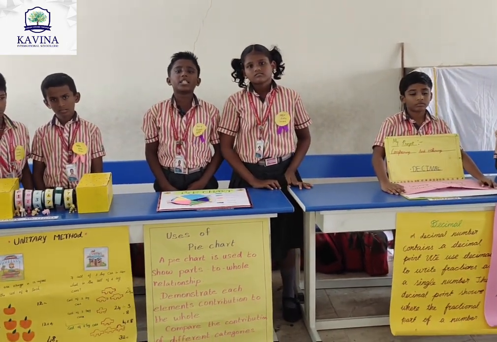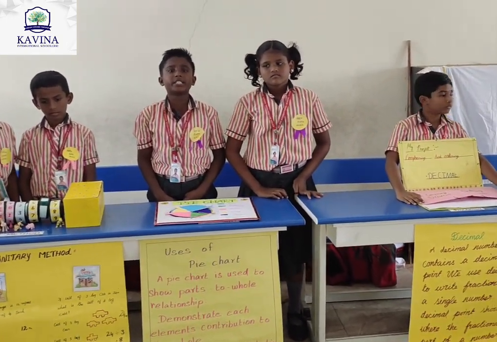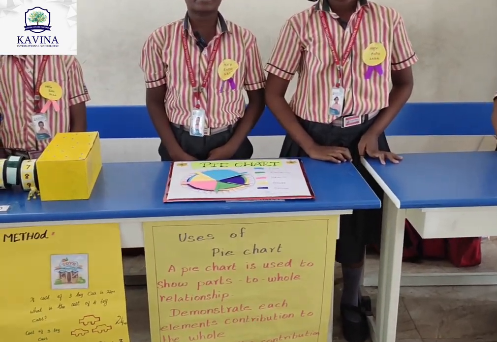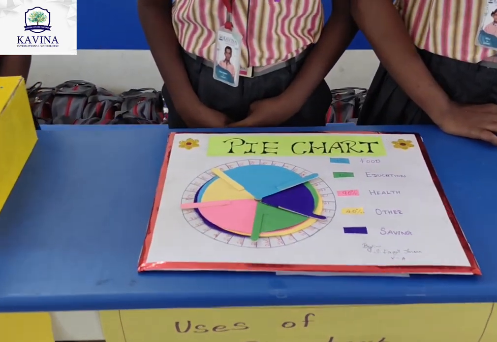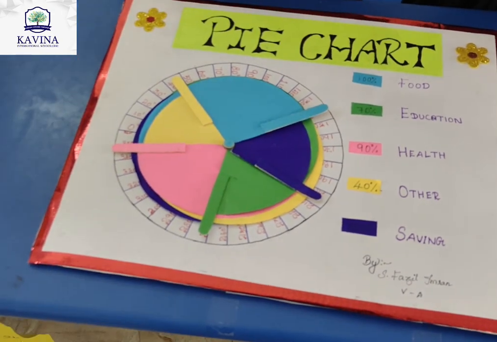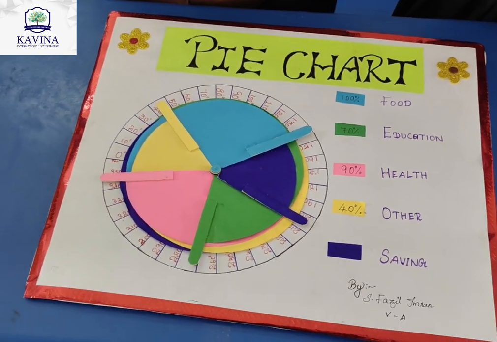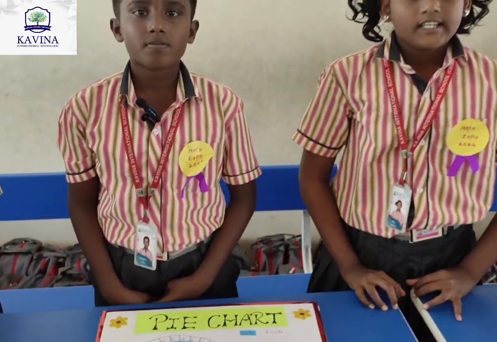It contains different segments and sectors, in which each segment or sector of the pie chart forms a specific portion of the total percentage. The sum of all the data is equal to 100%. The value of the pie is always 100%.